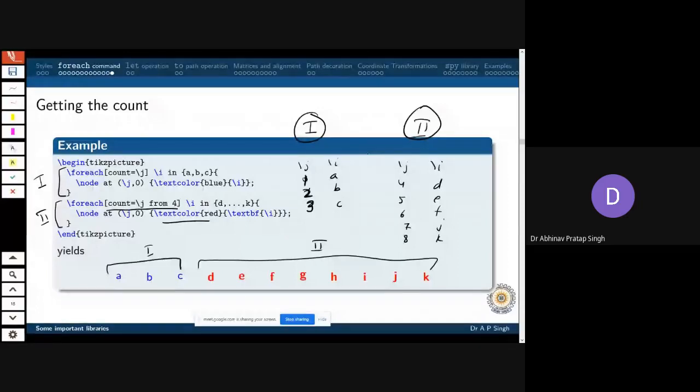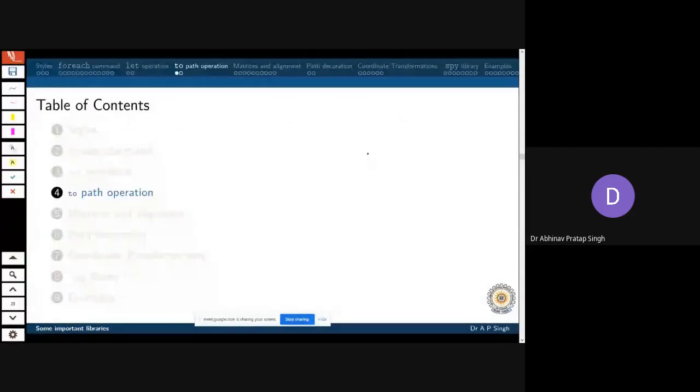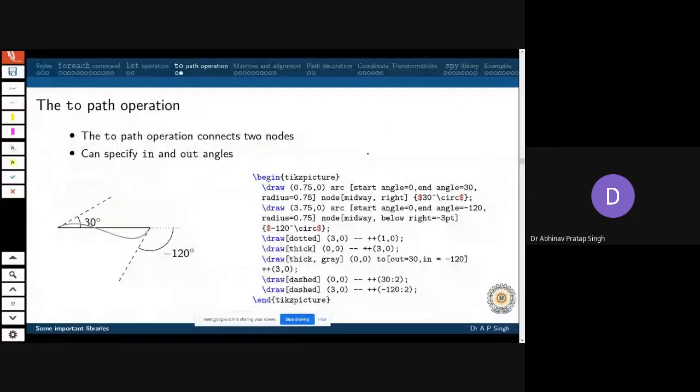I will skip this part. This is something important that I wanted to point out. Let us say you want to draw some curve starting from this point to this point. Then what you can say is that you draw from here to here, but start at an angle of 30 degrees and end at an angle of minus 120 degrees.